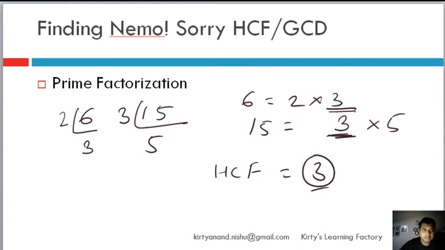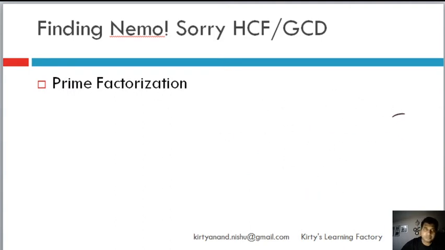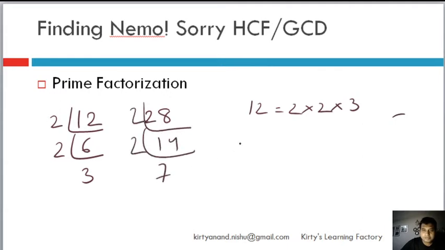This is done, very simple. Now you will say that this is very easy. Can we do it where there are more common prime factors? Okay, let's do that also. Let's find two numbers where the first number is 12 and the second number is 28. We are again using the prime factorization method. 12 we are able to write as 2 into 2 into 3. Now let's go with 28. It's 14, 2 and 7. So 28 we are going to write as 2 into 2 into 7.